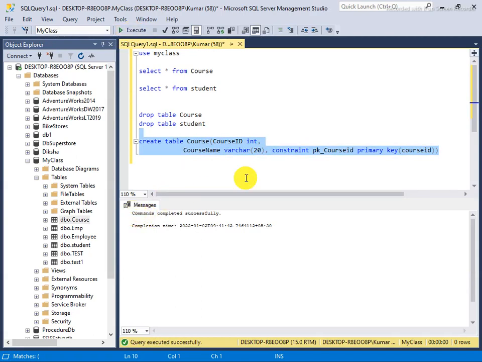Now you see that the primary key has been created on the course ID column. So here I set it on the course ID. Now the primary key has been created, and now I insert some values here.